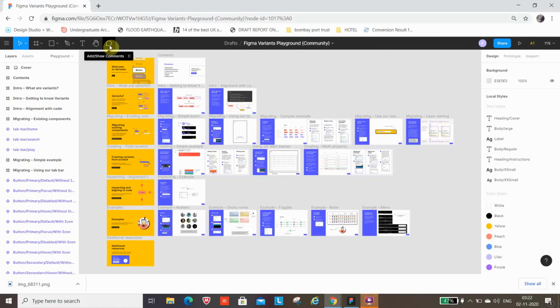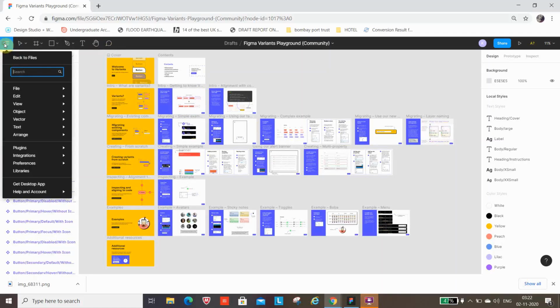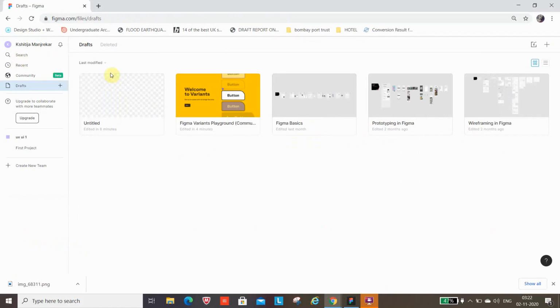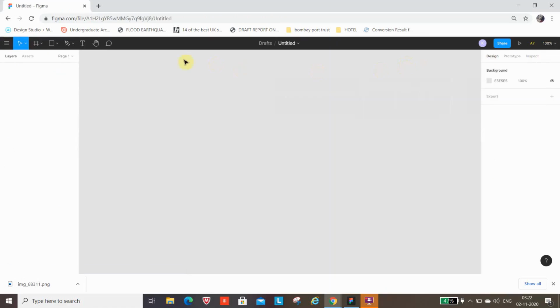Now let's start by creating a new file. Go back to menus in the menu bar. On right topmost corner, you have the new file. Here, if you type A in the inspector column, which consists of design, prototype and inspect, you have different options